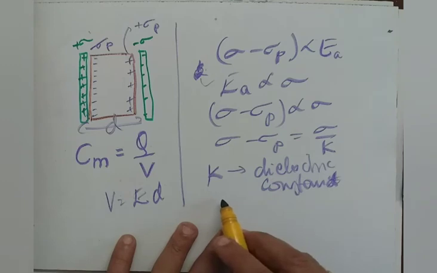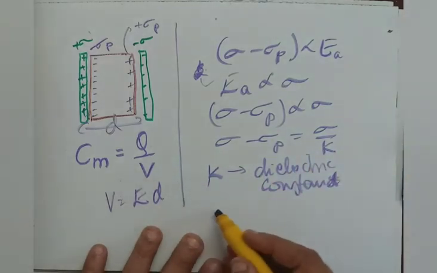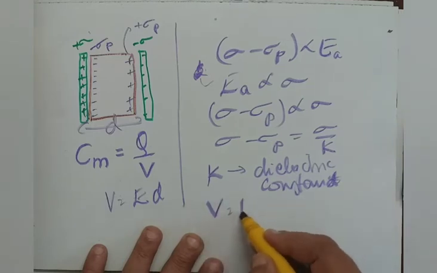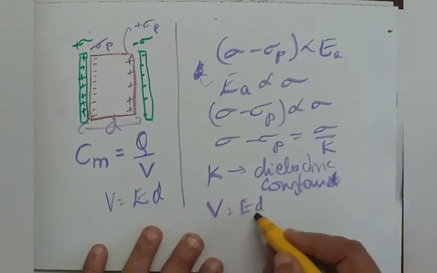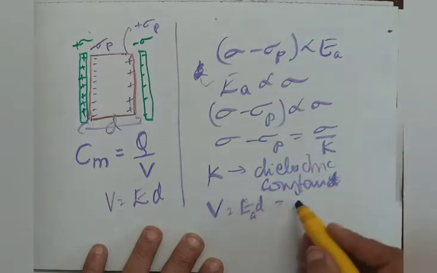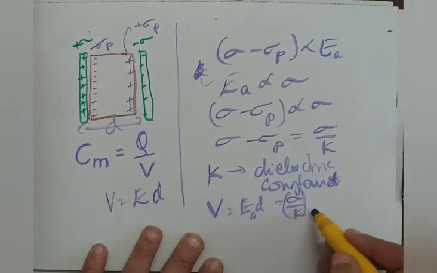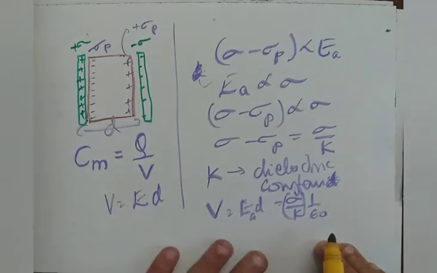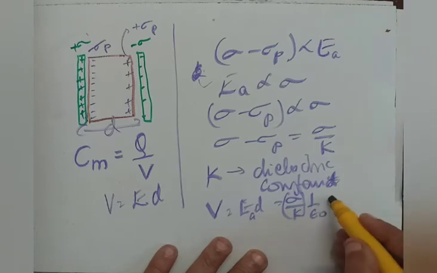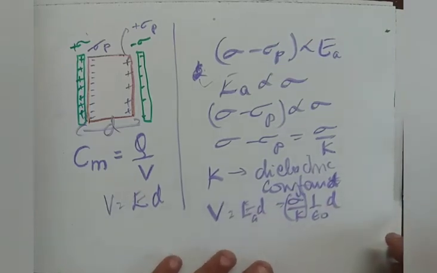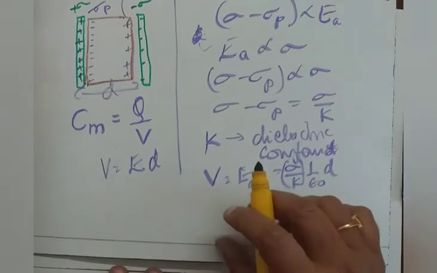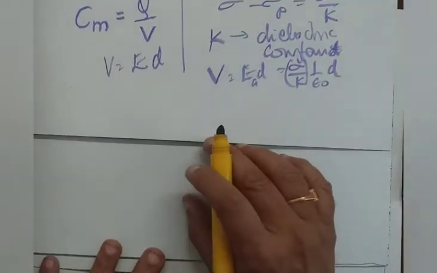And now with this idea, we proceed to the last calculation. Say sigma by k. Now we write V as E into d, E being the applied field. E, as we can write now, is sigma by k into 1 by epsilon naught, because sigma by epsilon naught is the field and k is there. So V is sigma by k epsilon naught into d. Therefore, once we get V, we can straight away get the value of the capacitance.